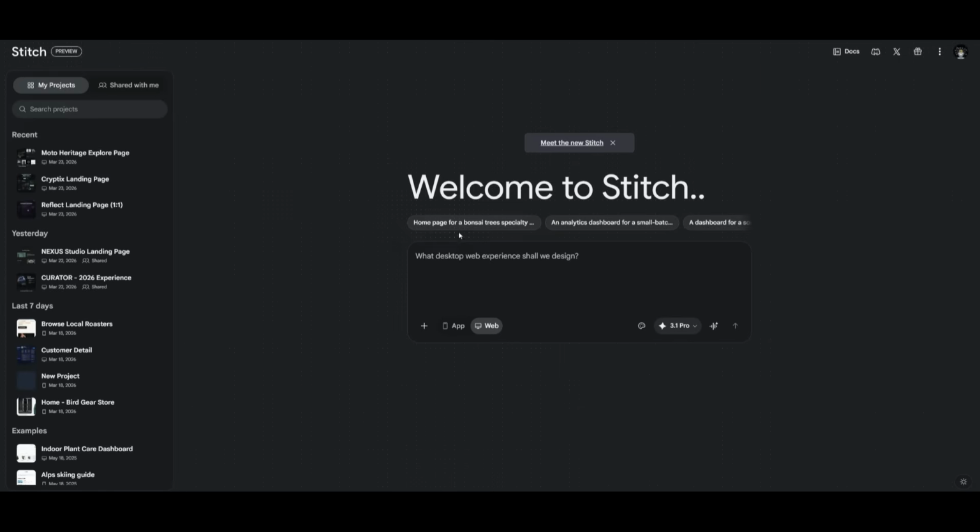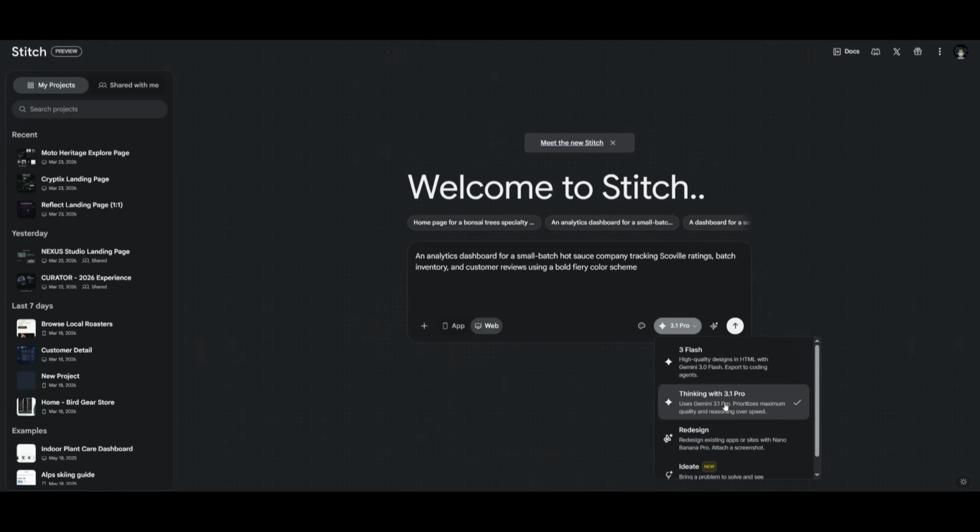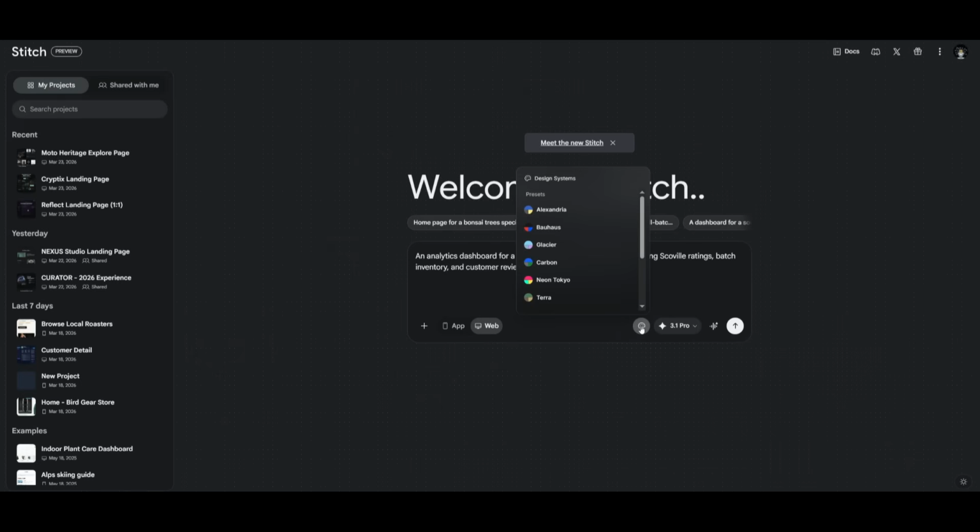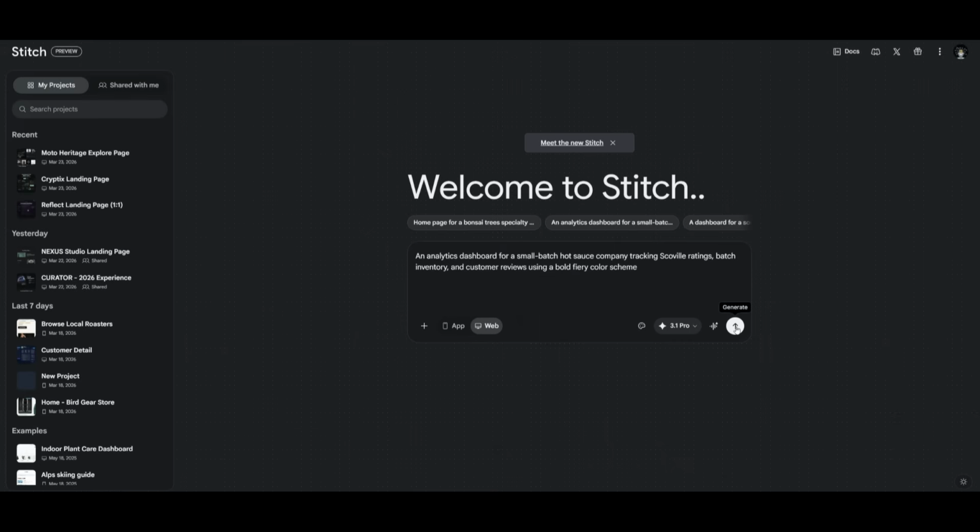And it's super simple. Just provide your prompt, like an analytics dashboard, for example. You can specify if it's for the web or for a mobile app, and then specify the model. I would recommend you use thinking with the Gemini 3.1 Pro to get the best results. You can select your design system by either creating your own, or you have the ability to use these different presets,